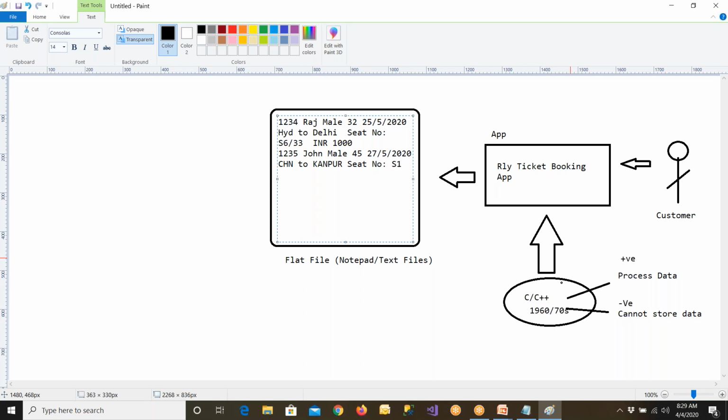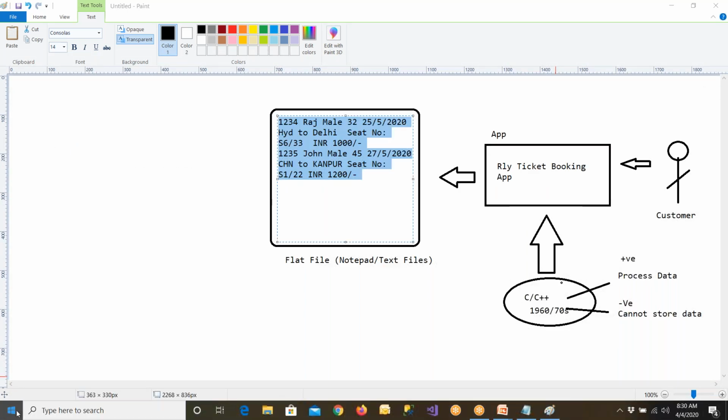So let us say S1 slash 22, and he paid some amount of $1,200. Like that, the data is being stored, and there is no issue at all, and people are happy about the implementation of the application. So many people are going to the railway reservation counters, offices, and these customers are supplying the data. There is one more guy who's using your data and booking the tickets, and the printed tickets are being given to the people.